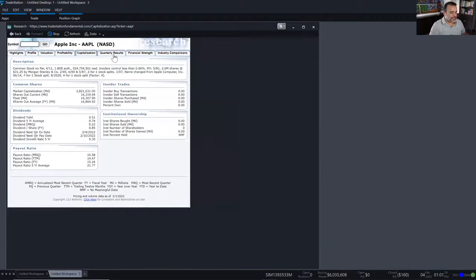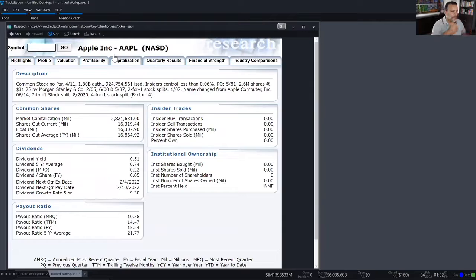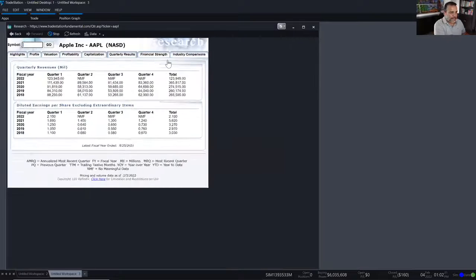You have the capitalization. Notice how, you know, insider trades, notice how it's all zero. So that's data that is not provided by our data provider anymore, which is Reuters. So we have zeros. It doesn't mean that it's broken, it just means that we don't have that data anymore. We have the quarterly results for Apple,